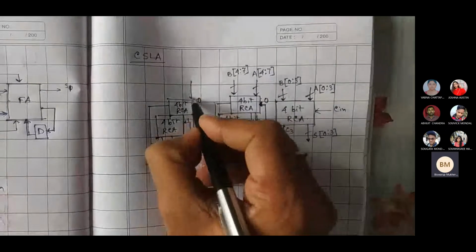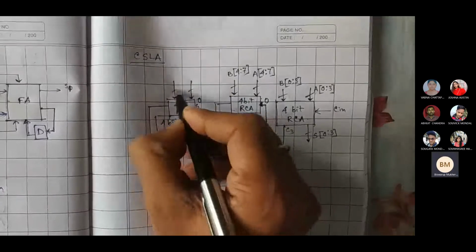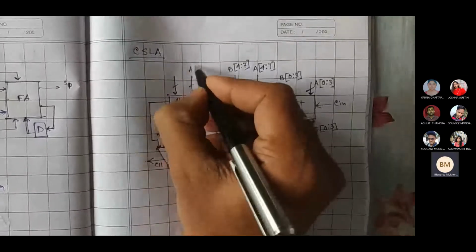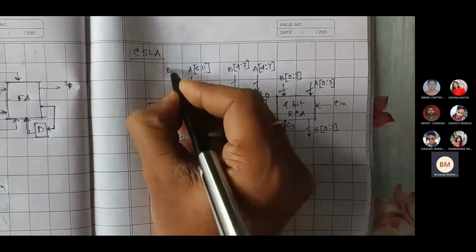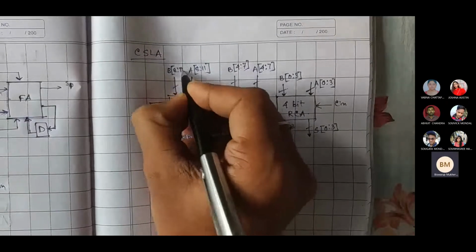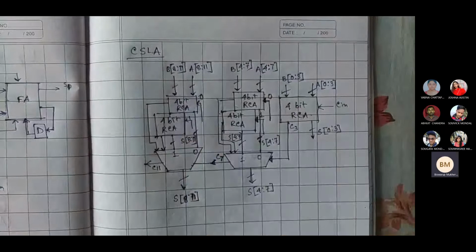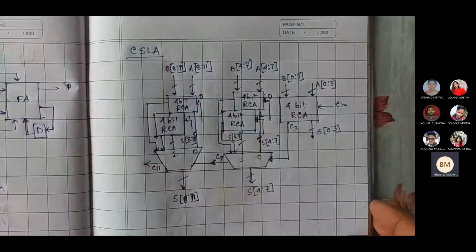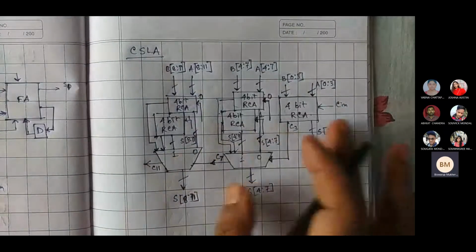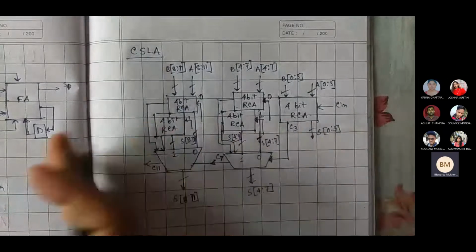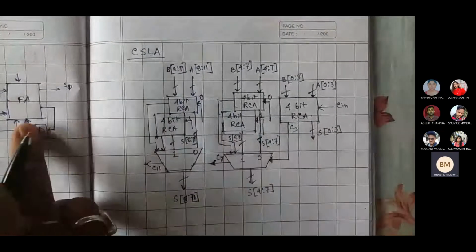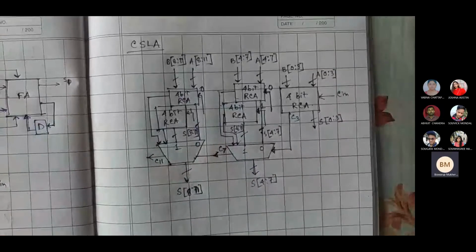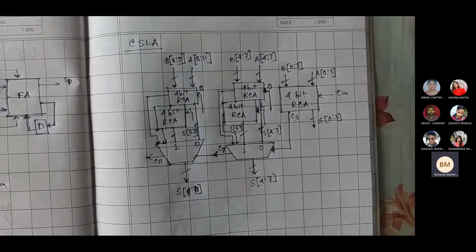So here the inputs are A, 8 to 11, and B, 8 to 11, and so on. These stages can continue. So it's actually 12-bit already. Now you can again introduce the same block, another one here, to make it 16-bit, another block to make it 20-bit, and so on.